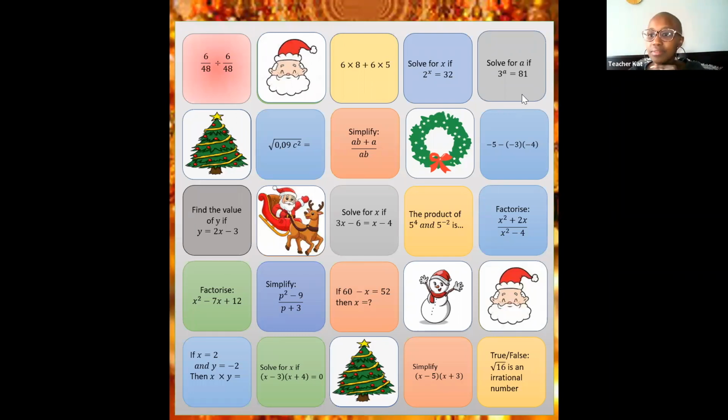Okay, guys, let's discuss this question. Please mute yourself. Thank you. So the question says 3 to the exponent of a, not 3 times a, is 81. Remember, you only divide by 3 if you multiply it by 3. But in this case, we are not multiplying 3 and a is the exponent.